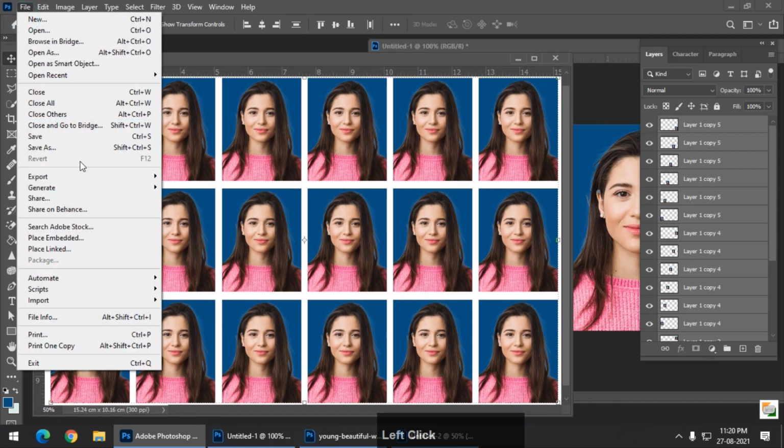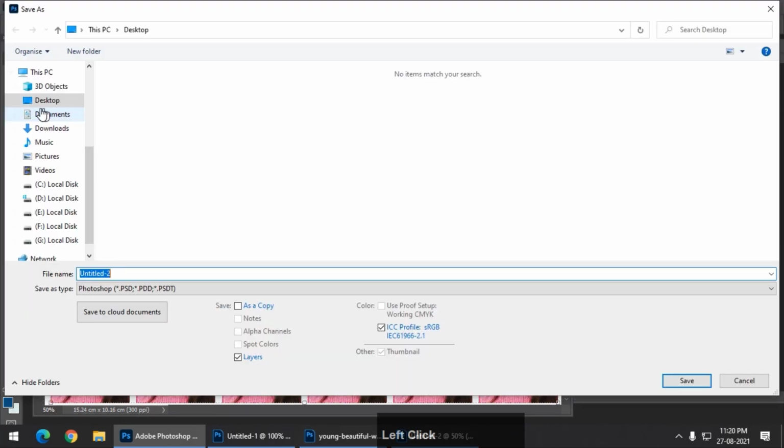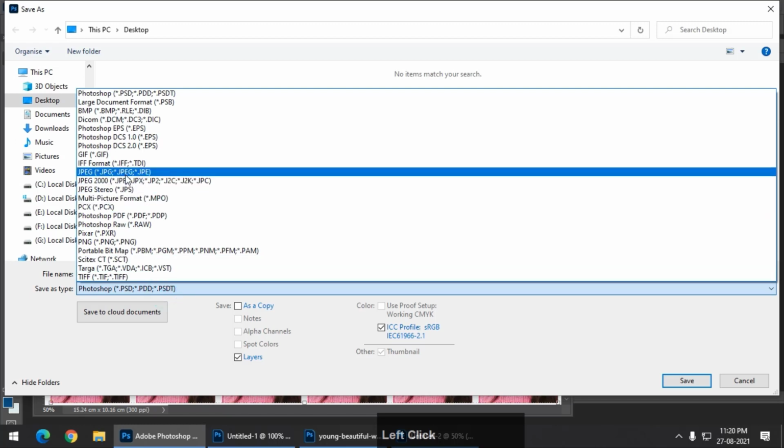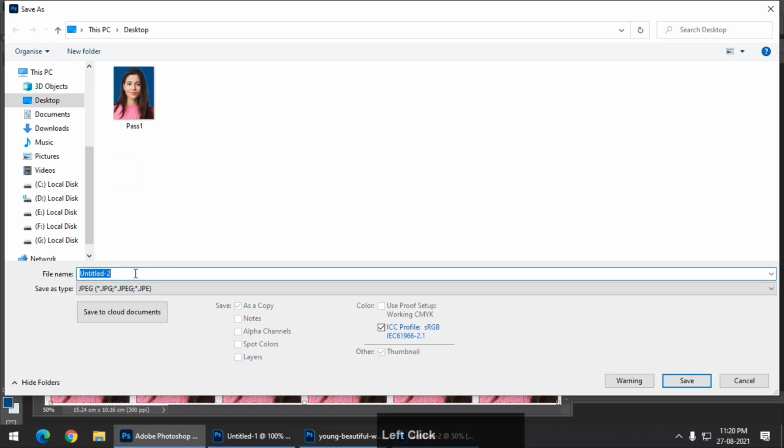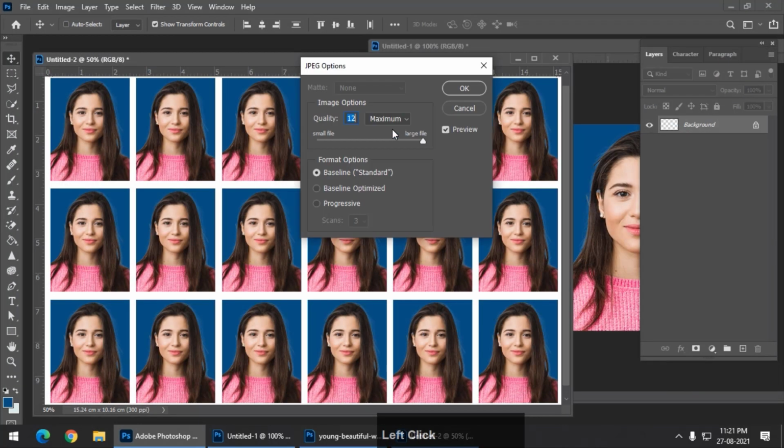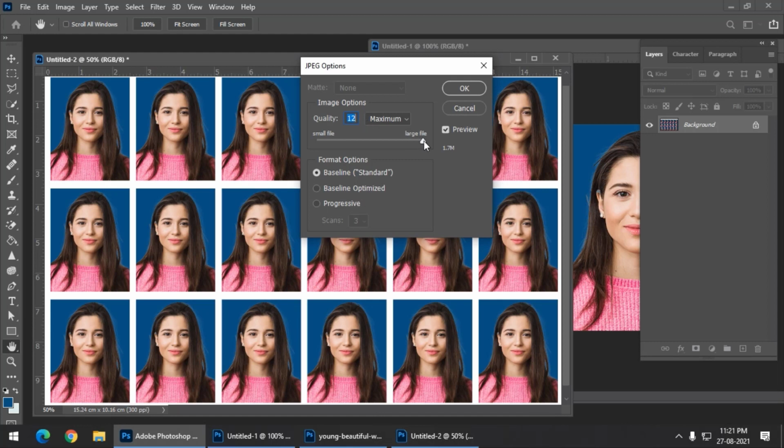You can save this using the Save As option. I'm going to keep it to again JPG. JPEG is the best option that you can select while printing any photograph. Now I'm going to name it maybe pass 6x4. You can name it whatever you want. And as we are using this for printing, keep the quality at maximum, because we are using it for printing.